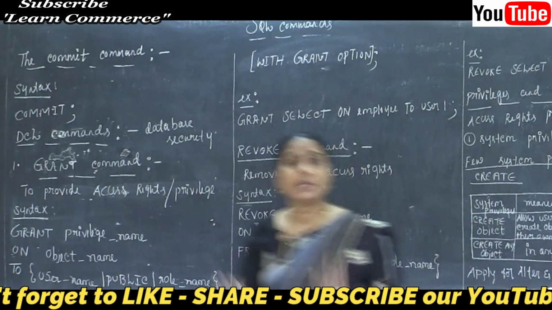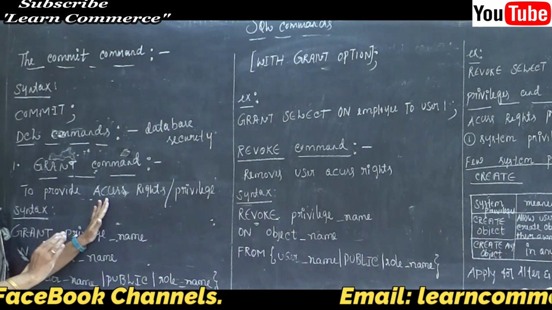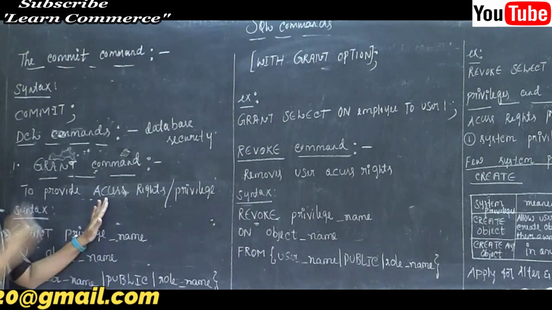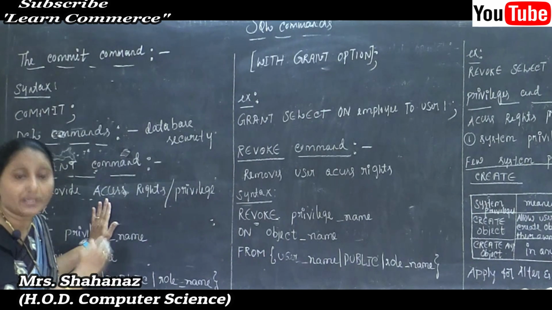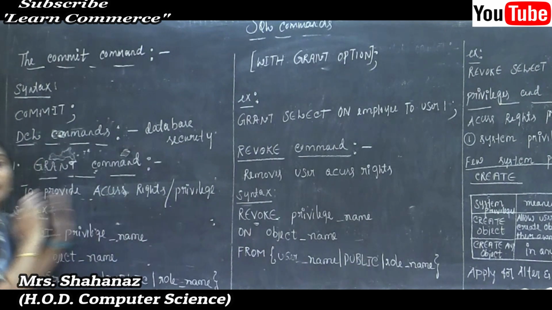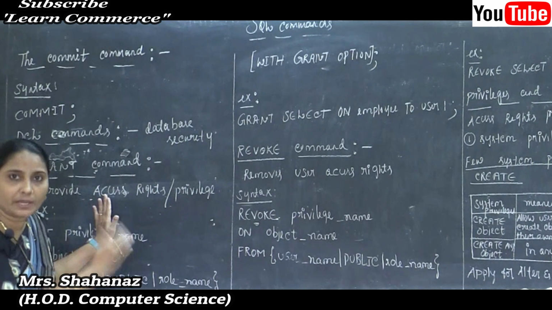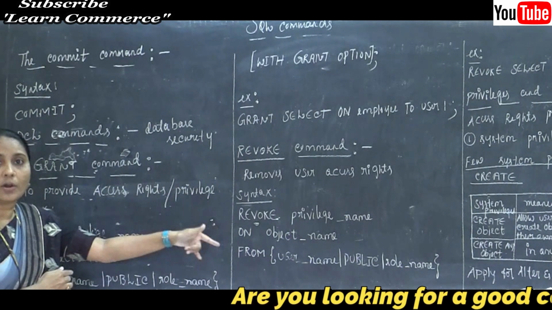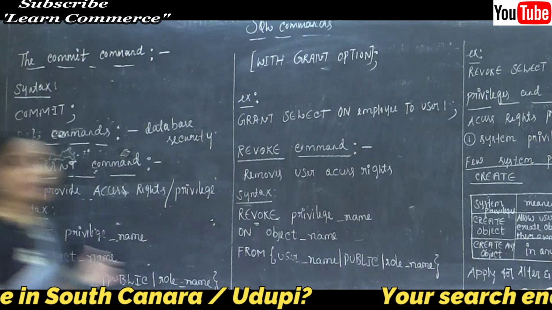In simple meaning, the database administrator, the owner of the database, can provide and remove privileges. Clear on this point? He is the only responsible person. If you want any permission, you have to ask the owner of the database. The database administrator can provide some permissions, called privileges, and he is the only one responsible for removing the permission from the user on the database object. Clear? So this is some explanation about our DCL command.